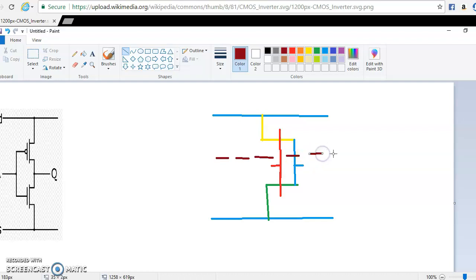Next thing we need to do is the contacts. So contacts can be made with black color. So we can make contacts whenever different colors are crossing or touching. Contacts will not be made explicitly, we need to make the contacts whenever needed. So here we can see green and blue. These two are different colors. We need to make the contacts whenever we require. So they will not be made automatically.